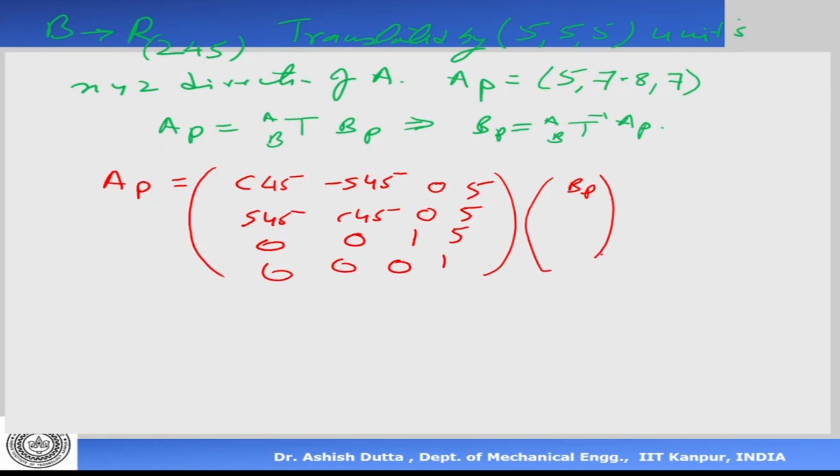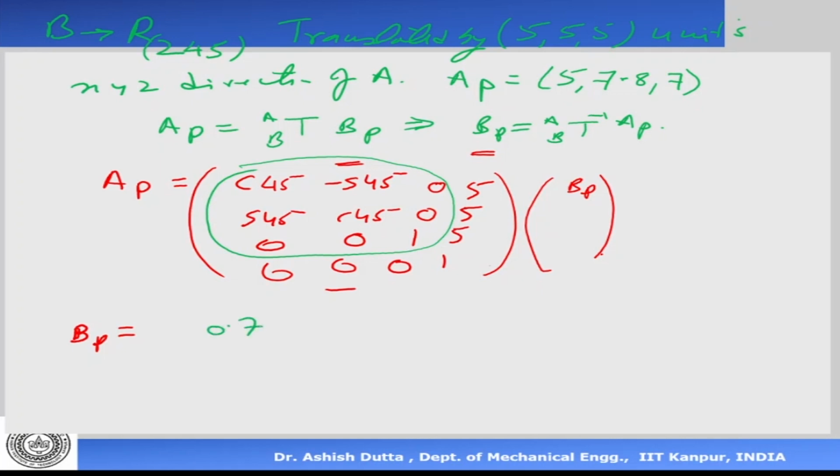Now I'm giving you AP and I want to find BP. So BP is equal to the inverse of this matrix. How do I find the inverse of that? What is the inverse of that? This part, let me change the color, is going to become the transpose, which is equal to